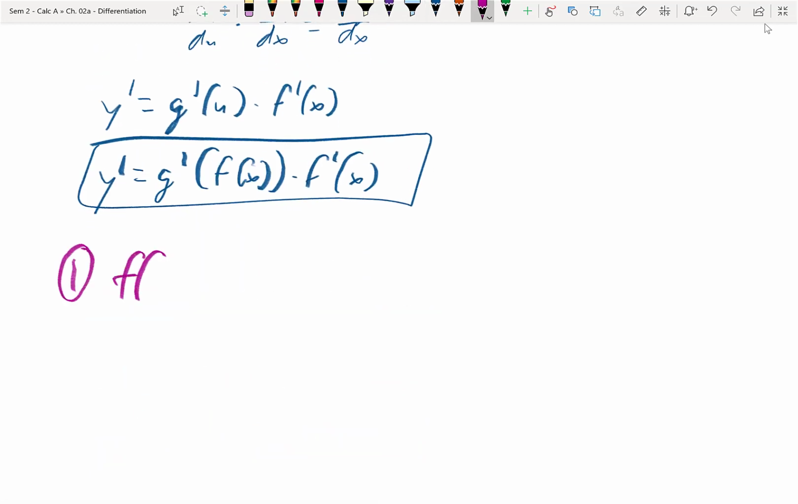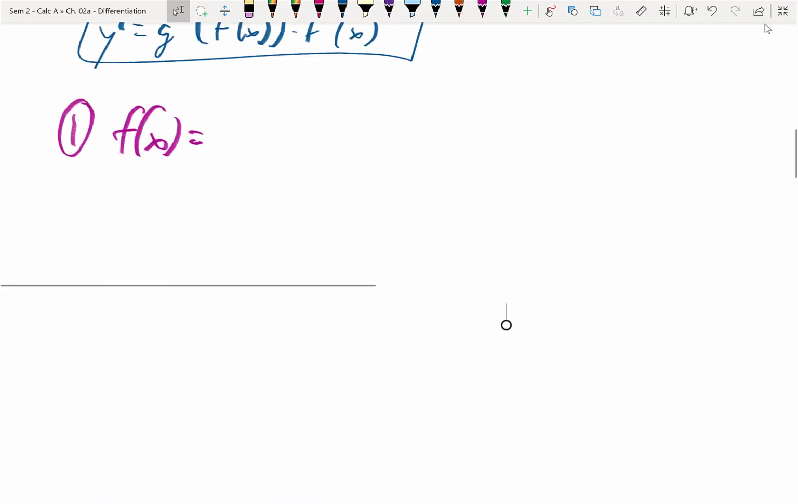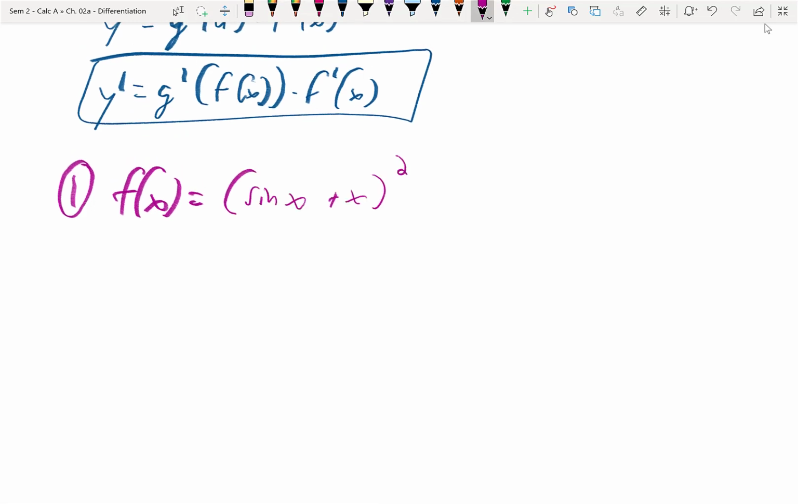So let's go back to our original example. f of x is equal to the sine of x plus x squared. What I'm going to do is take the derivative of the inner function. So the derivative of this, f prime of x, is equal to the derivative of sine x plus x, which is cosine of x plus 1,